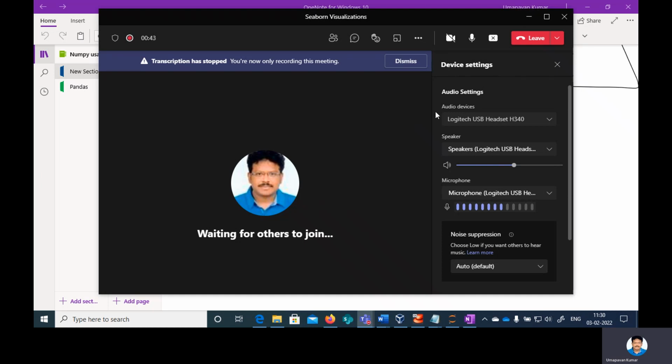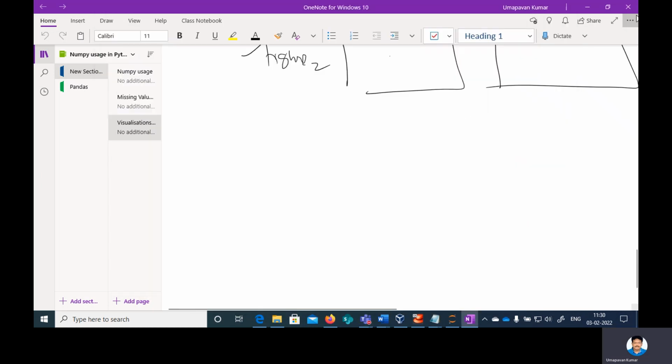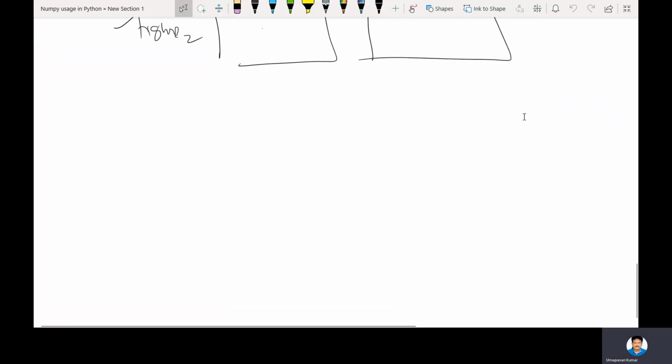So as a part of this visualization, we have seen the aspects of matplotlib. Now let me introduce you to the Seaborn library. This Seaborn library is also built on top of